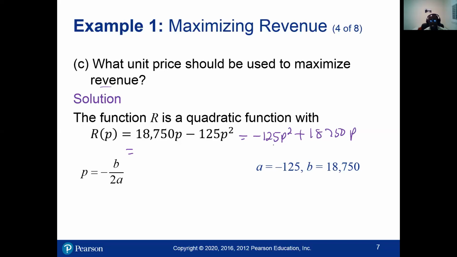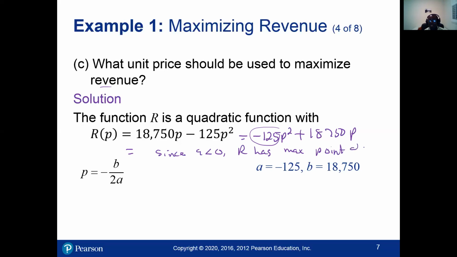Now if you see, your A is negative 125, it's less than 0, so R has a maximum point